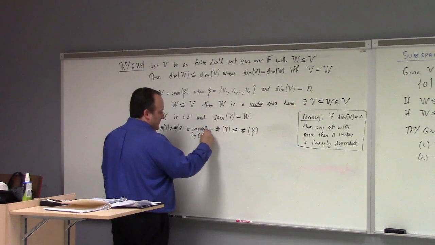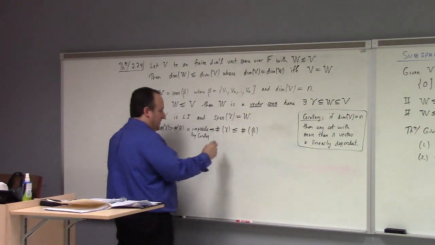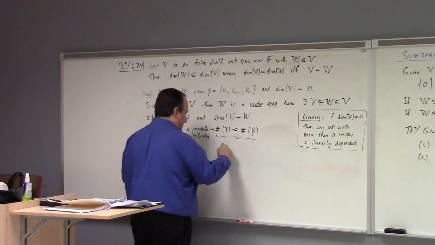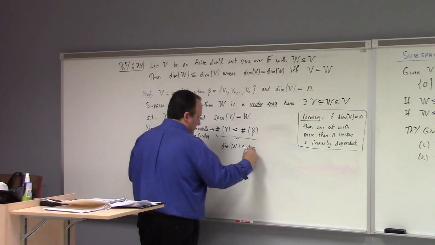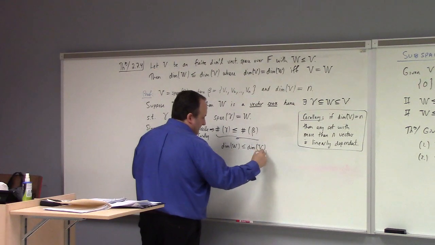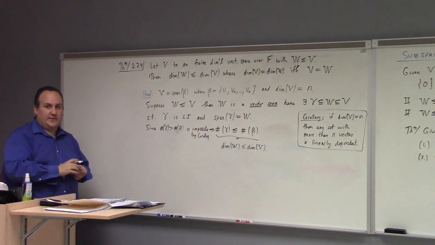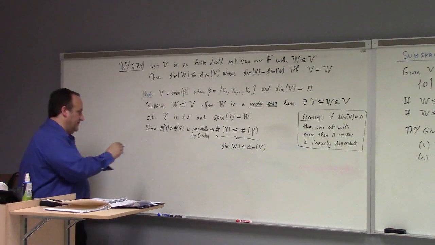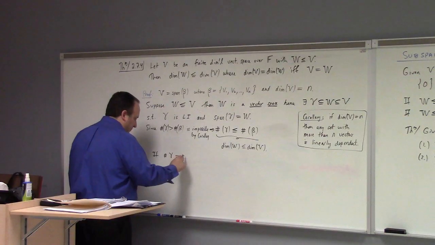That implies we're stuck with the alternative, right? Which is that the number of gamma is less than or equal to the number of beta. But this is exactly what we mean by the dimension of W is less than or equal to the dimension of V, right? So that's the first half of this theorem. How about the equality? If the number of things in gamma is equal to the number of things in beta,